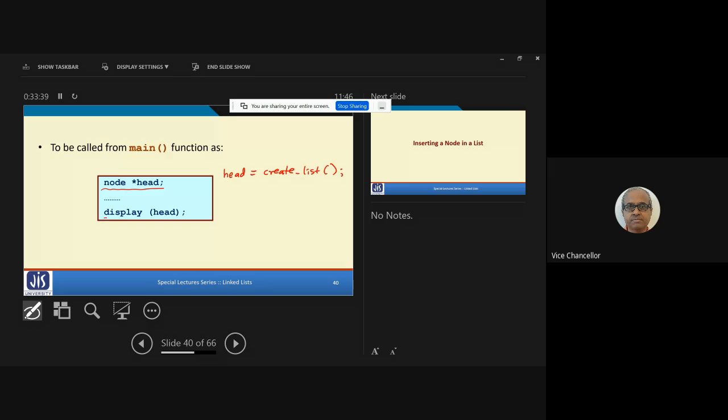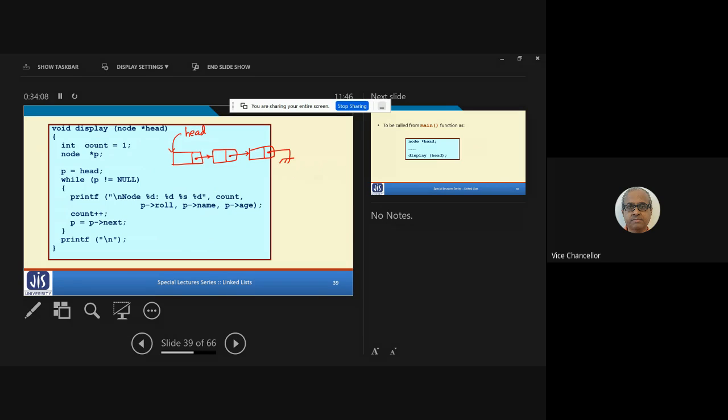Now when we are calling this function display, we are passing as parameter the pointer head. Now tell me, what is the data type of this parameter? Data type of this parameter is node star. This is a pointer because head, the way you have declared, is of type node star, right? Just remember this. So now going back to this function, you see the parameter is node star and we are giving the same name. You could have given some other name also, no problem. We are giving the same name as head, and display does not return anything. That's why it is void.